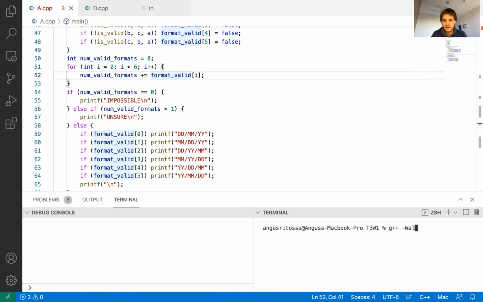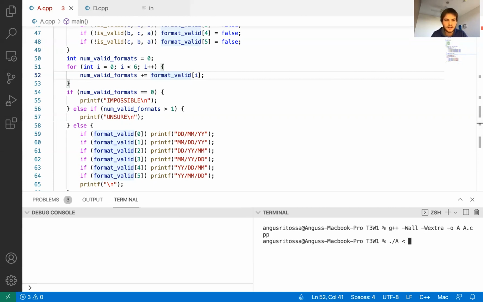Some useful compile flags that give you warnings are Wall and Wextra, which give us some extra warnings in our code. Similar to what DCC gives you, heaps of warnings. It might be using similar flags, so they give similar warnings to what these flags give you. And then we compile our code like this. Our code compiles.